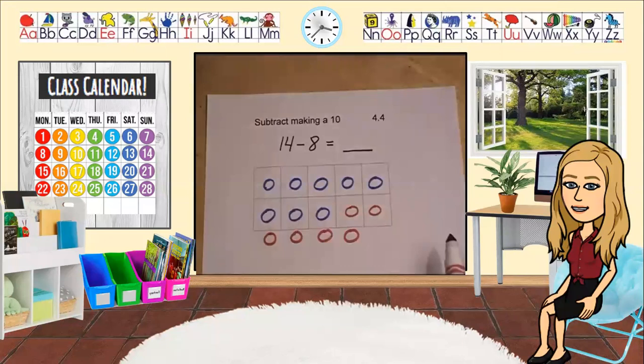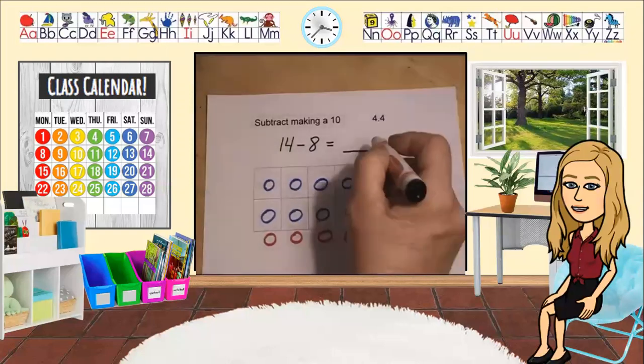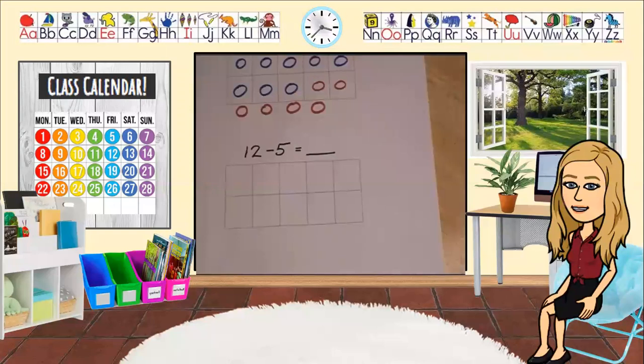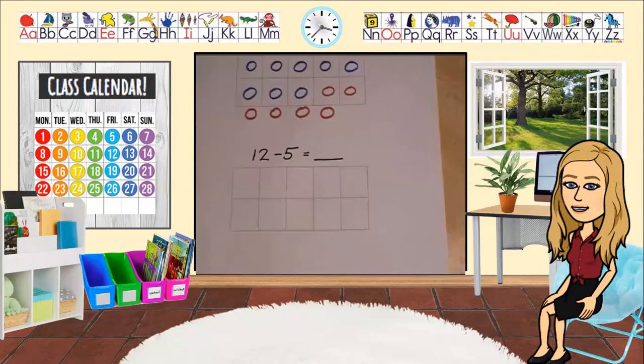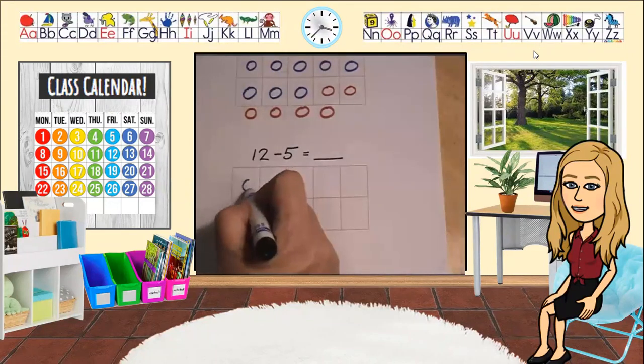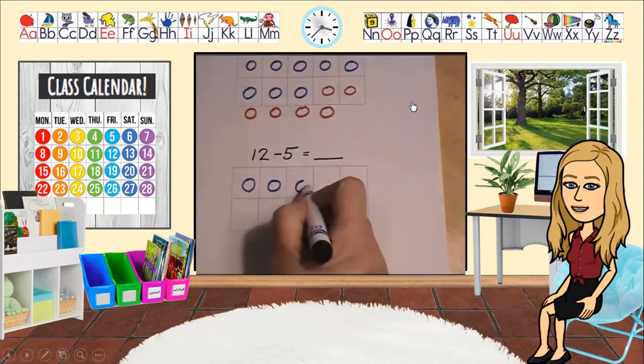So all the kids have to do now is just count the number of dots they added. 1, 2, 3, 4, 5, 6, and the answer is 6. Let me show you again with 12 minus 5. So we start with the number we're taking away and put that in the tens frame. 1, 2, 3, 4,